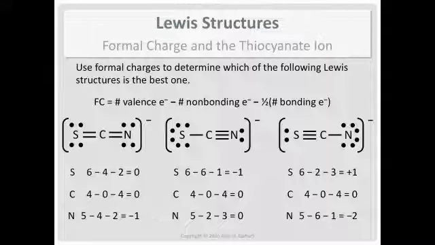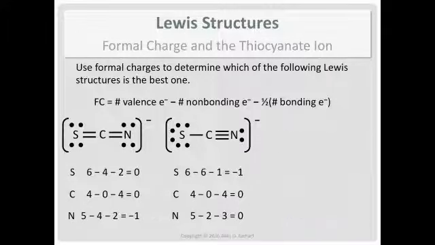All right, so out of these three structures, we see the first two have 2 zeros for formal charge and then a -1. This rightmost structure has only one formal charge equal to 0. So for a first pass, we can eliminate the rightmost structure because it has fewer formal charges equal to 0. Now out of these two, this is a little harder to compare because each has 2 zeros and then a -1.